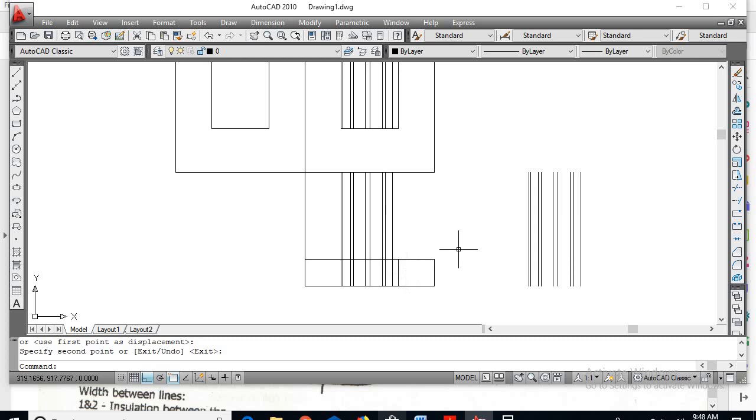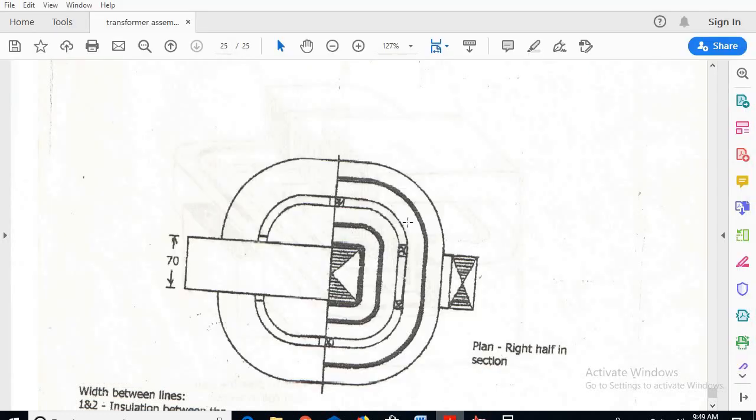Because the windings will be extended at this particular point also at the above. So you can see in this picture, the lines have been extended and we have drawn only the right section part. The top section part still has not been completed.